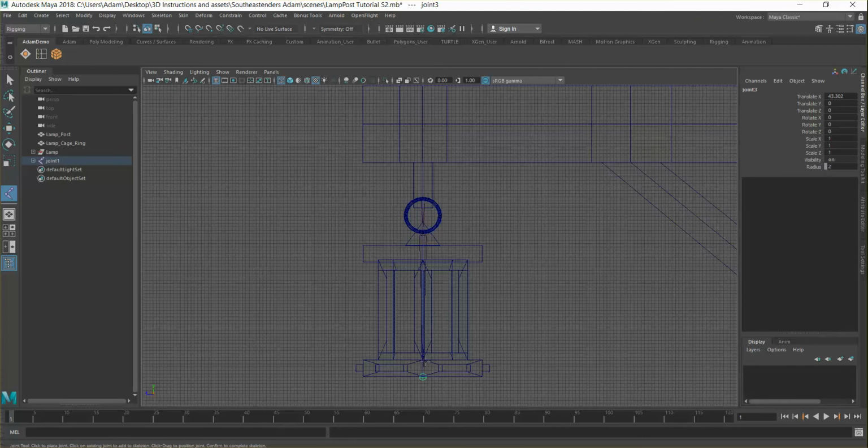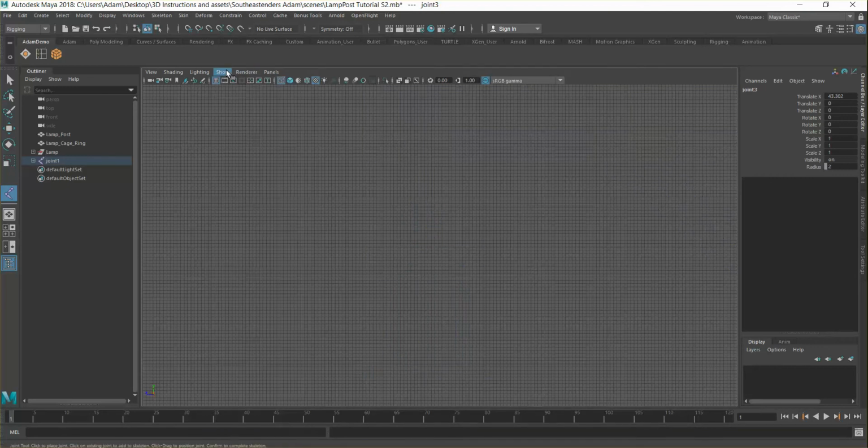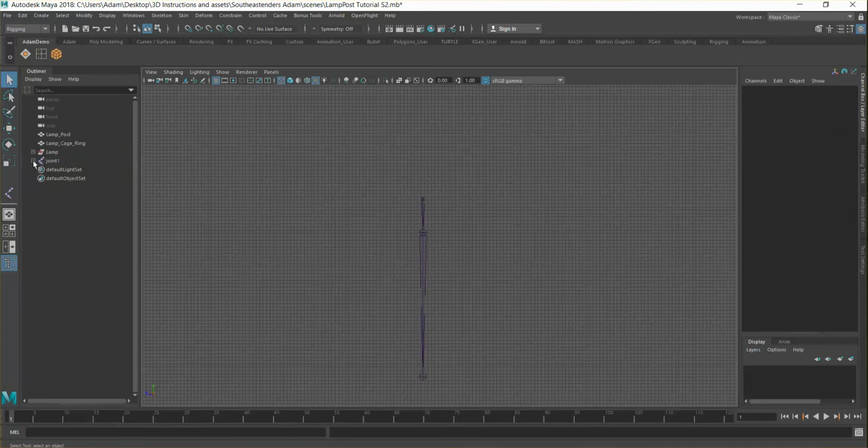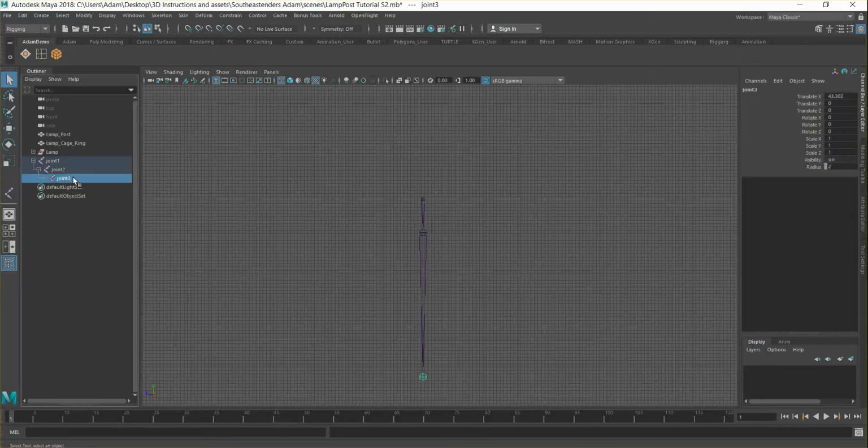What we've got here, if I go on to show joints only, is a top joint, which is joint 1, joint 2, and then a null object at the end, joint 3. We're just going to rename these as chain 1, chain 2, chain 3. And rather than animate these, because obviously these have set positions,